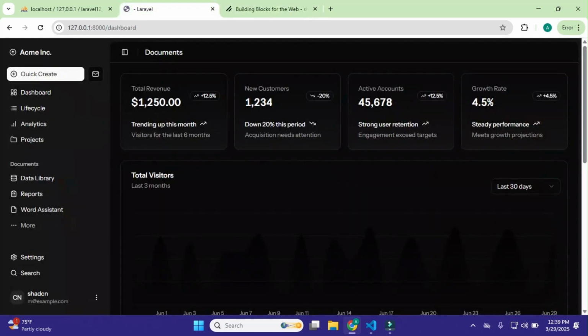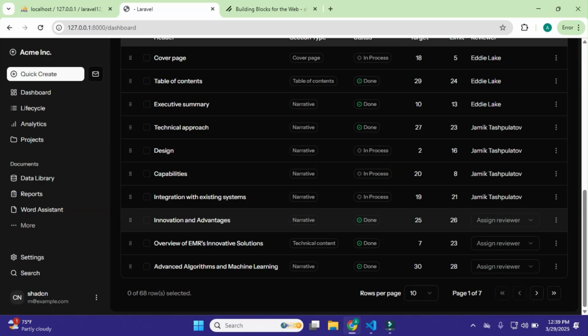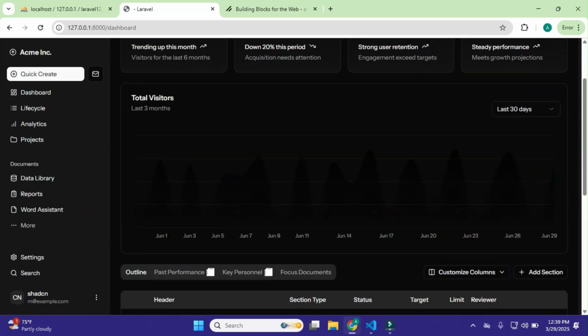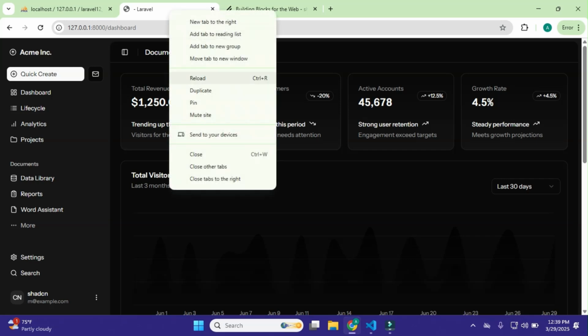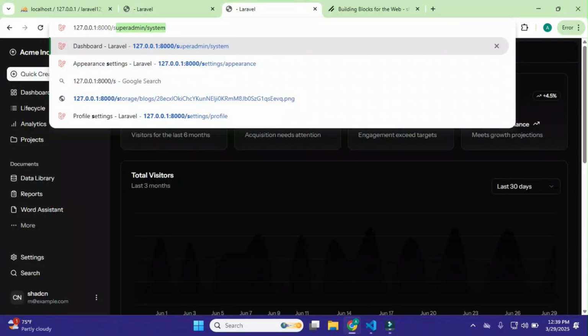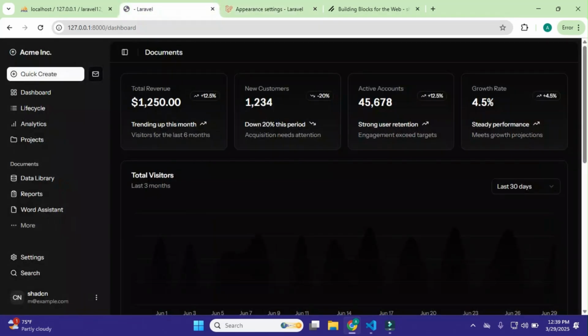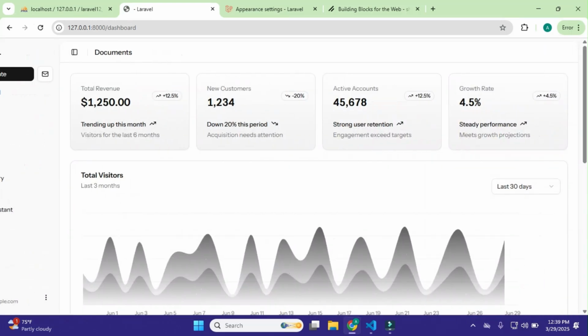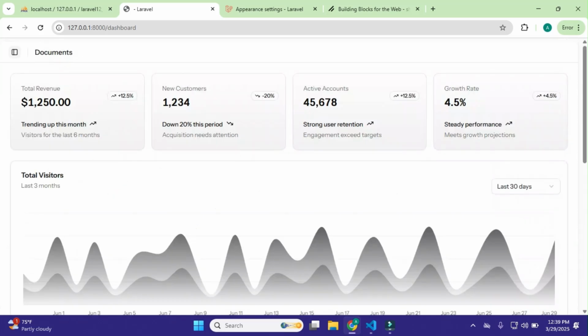Okay, so that's great, amazing. We also have a chart, data table, all the things. So now this is the dashboard front page template, so you can customize it and use it according to your own needs. And one more thing in it, I'll duplicate it and go to settings slash appearance, and within it go to light, and here just reload it, and you can see it changed the theme to light, and that's great.